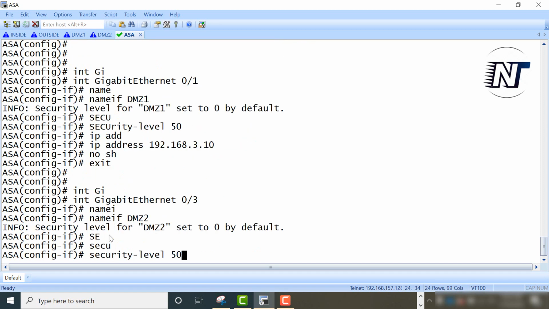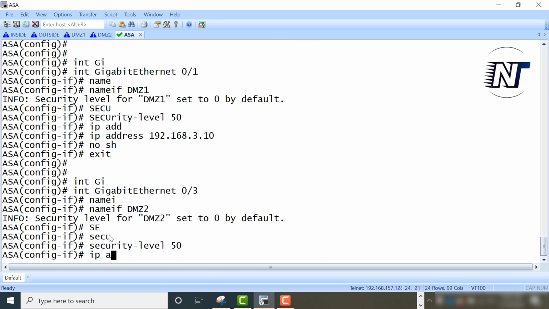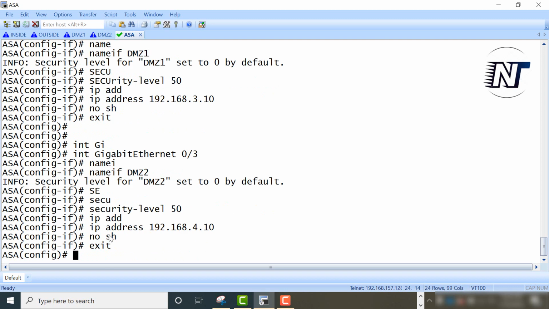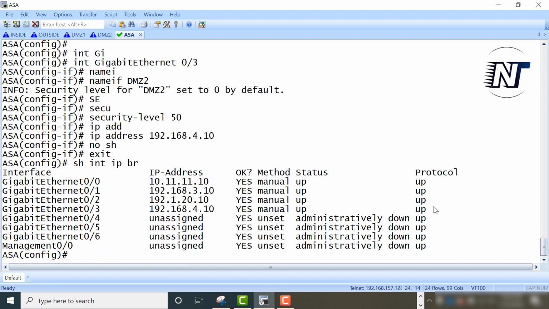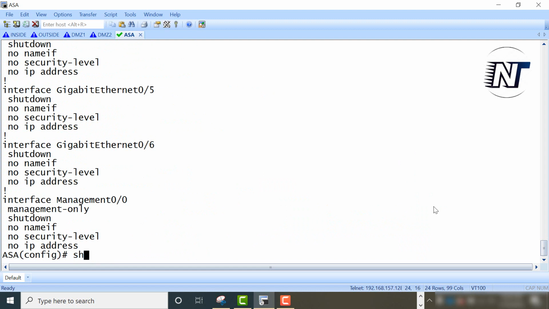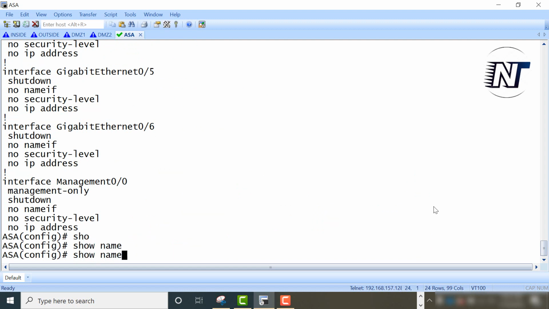Security level 50. IP address 192.168.4.10. No shut. Exit. So show interface ip brief. So now I have four interfaces. All the four interfaces are up now. So show run interface, yes, and last command, show nameif.